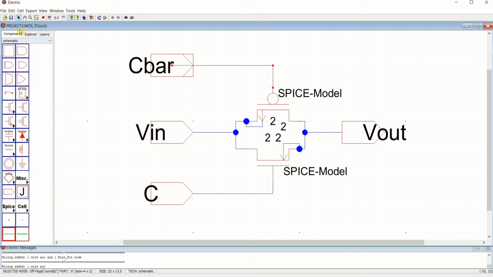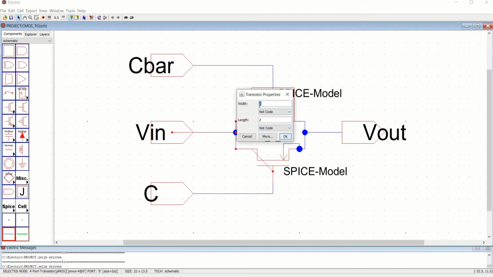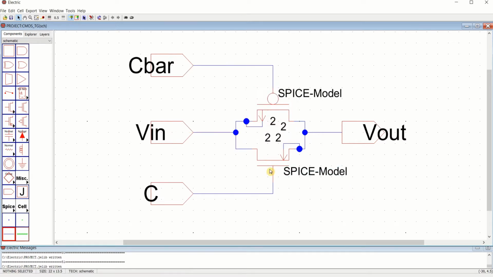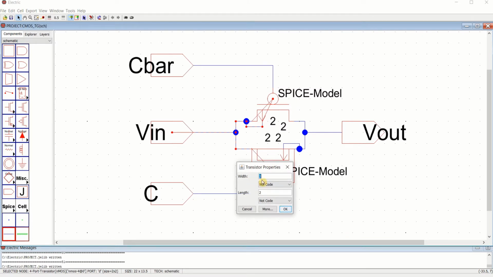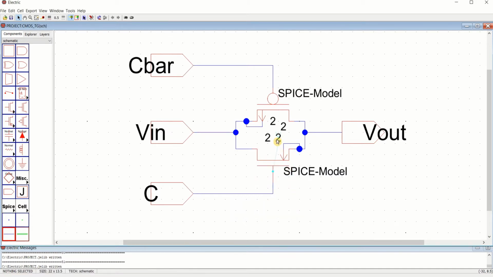In order to perform the simulation for this, you need to place the spice code. So I have taken the default length and width. The width of the PMOS is 2 and length is 2. Similarly, the width of NMOS is 2 and length is also 2. So this 2 indicates that you are multiplying by a factor. If I am using 130 nanometer, it is 2 multiplied by 130. It holds for both length as well as the width of the transistor.